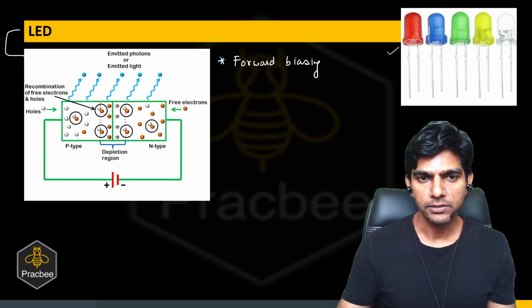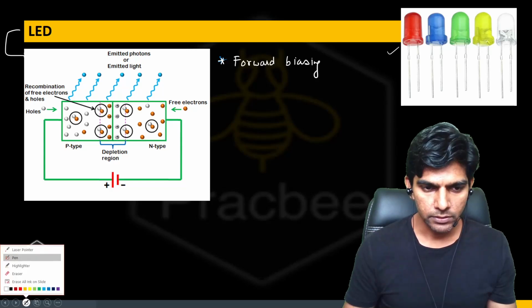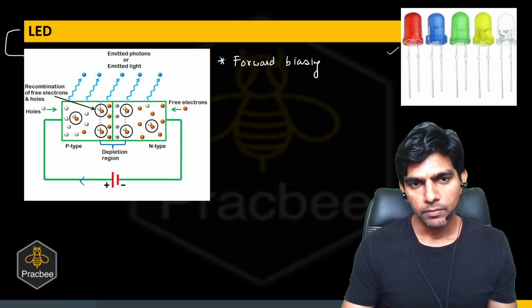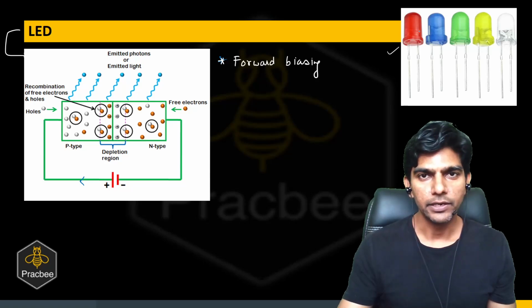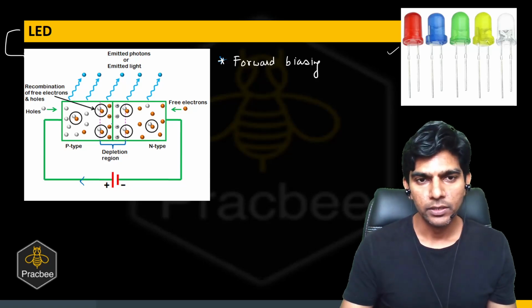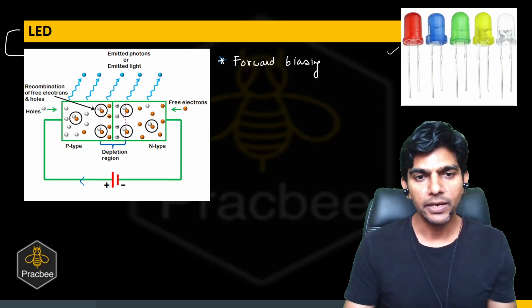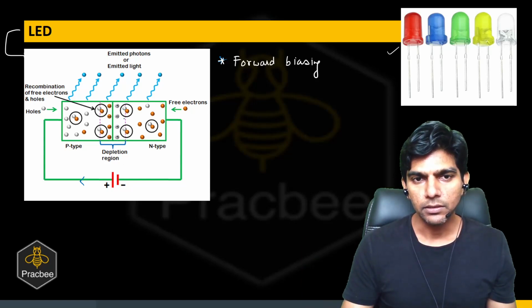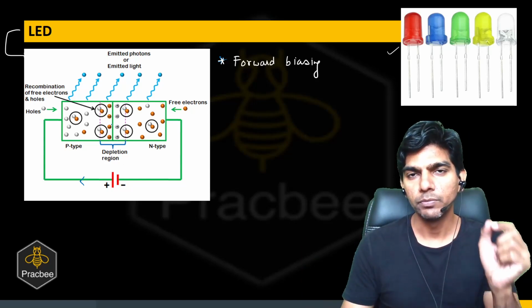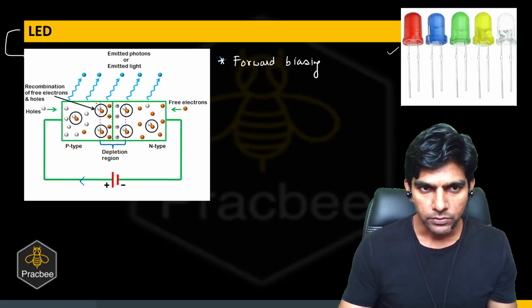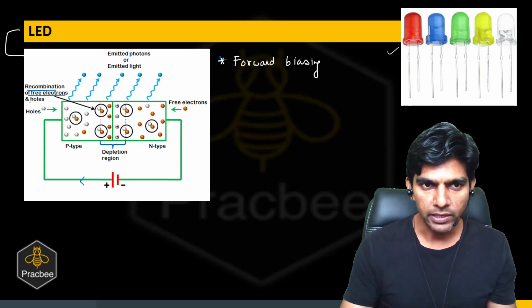And what is happening in this case? Let us see. So in the forward biased mode, again in LED we have a glass, right? Can you see the photons? Suppose there is some photon generated by the LED, those photons can come out. So at the depletion region, what is happening? So at the depletion region, in forward biasing, there is a large amount of current flowing through the depletion region. So there is a recombination happening. So recombination of electron hole pair happens close to the depletion region. So can you see? There is a recombination of free electrons and the holes.